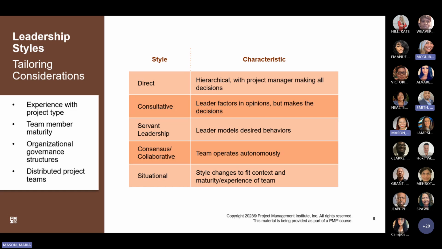So make sure you're familiar with these styles, because it may just give you a situation that a team is in, and it may just ask you what's the leadership style that the project manager should employ. And you'd want to select based on the situation that you see there, what would be the right leadership style.